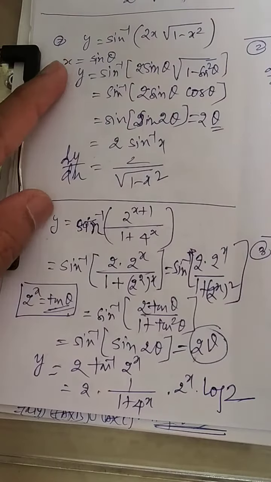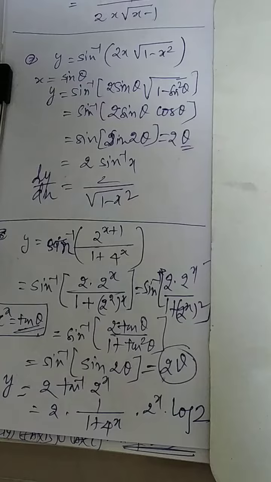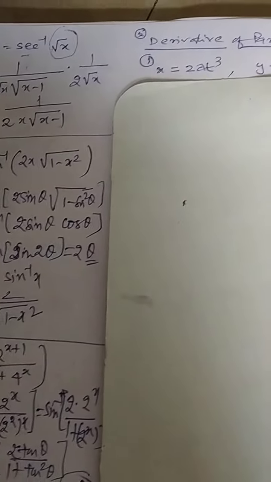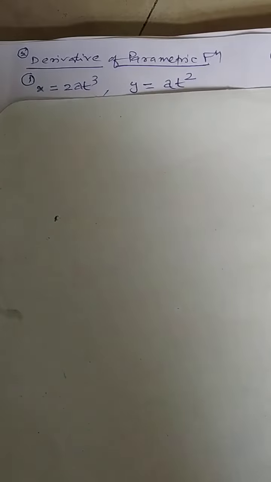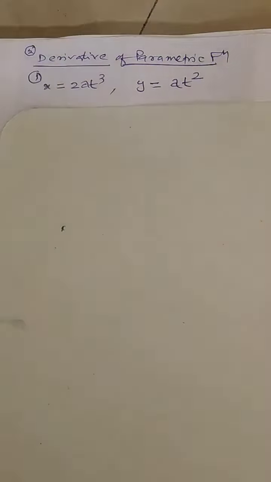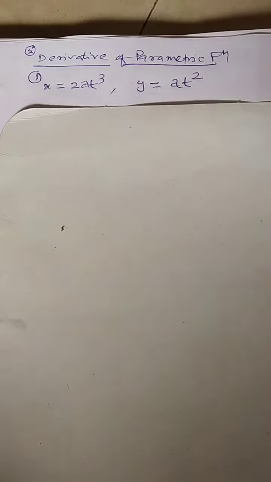Now, in today's discussion, I am explaining how to answer the questions when the problem is given in parametric form. What do you mean by the parametric form of an equation? Do you remember x square plus y square equal to r square is nothing but the equation of a circle. That circle can be written as x is equal to r cos theta and y is equal to r sin theta. You have learned this concept.